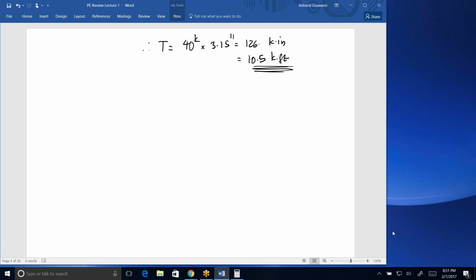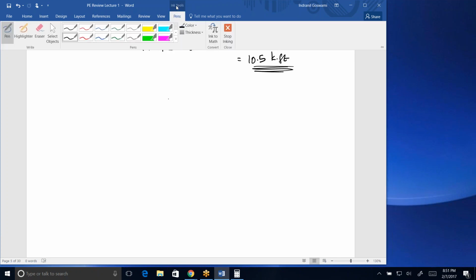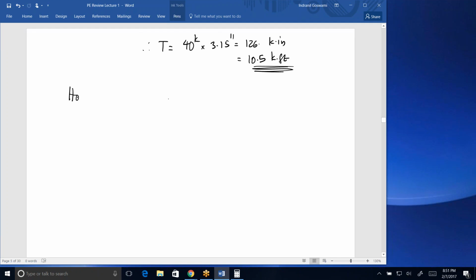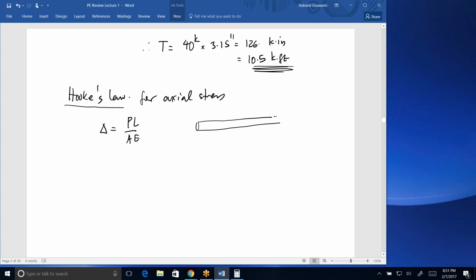All right. So as far as axial stress, we don't have a lot of time. Let's talk about one little thing here. We'll start on Thursday with some material properties, especially steel, concrete, the whole thing. But Hooke's law, another type of question based on Hooke's law for axial stress, basically says that if you have a prismatic element, in other words, one with a constant cross section, prismatic is constant cross section,